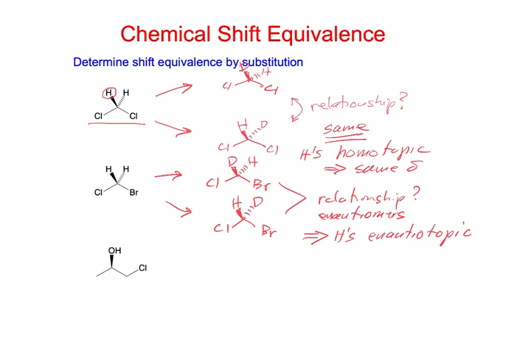Enantiotopic protons will be equivalent to one another as long as they're in an achiral environment. So these are going to have the same chemical shift in an achiral environment. That means that if they're just in a normal solvent or something like that, they're going to have the same chemical shift. But of course, if you had something where you had enantiotopic protons, perhaps on this molecule,